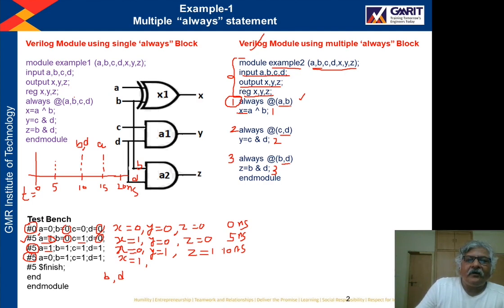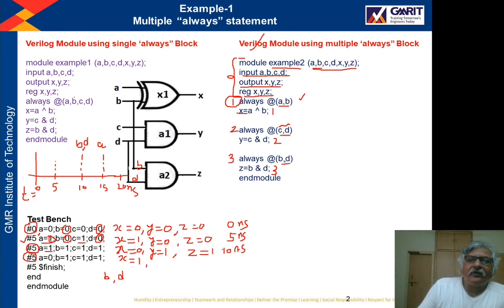Right? Only always block number 1 is activated, so only this statement executes. Always blocks 2 and 3 will not activate, because the sensitivity list of always block 2 has C and D, and there is no change in the value of C and D.